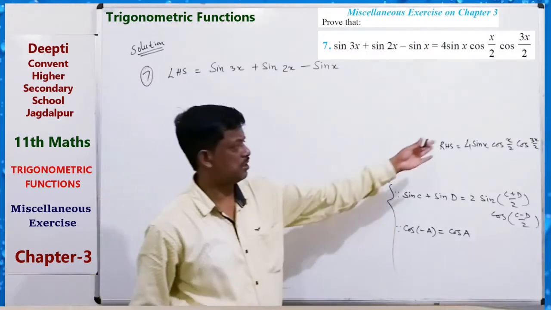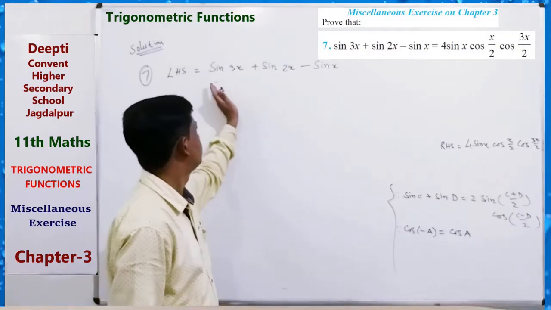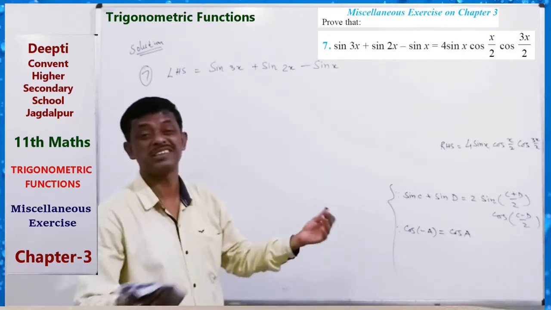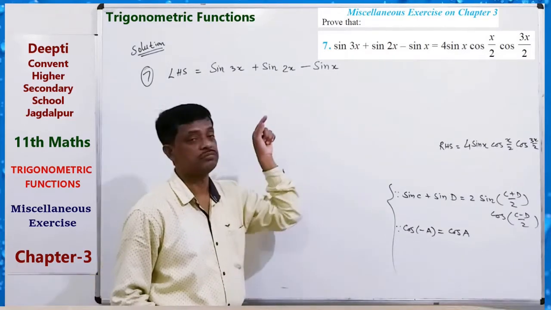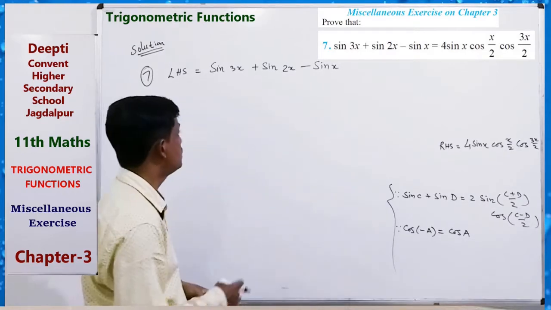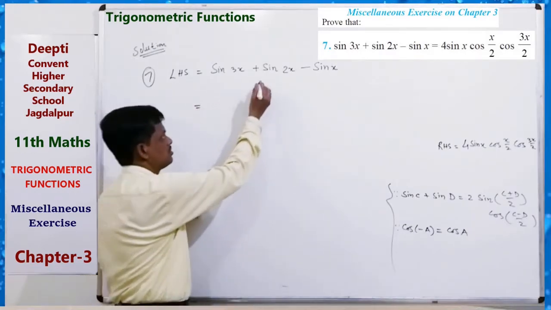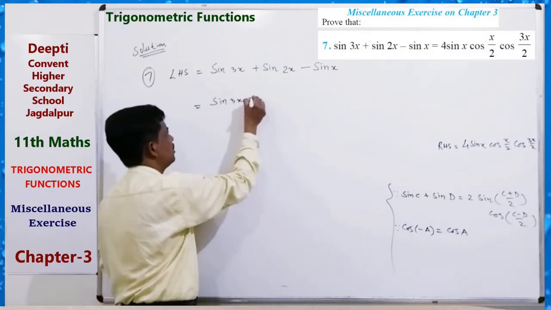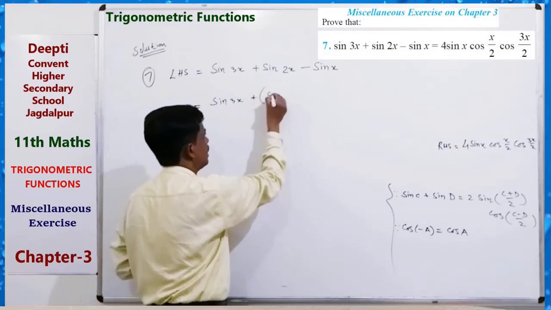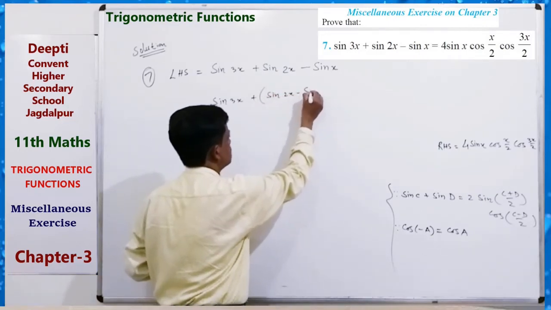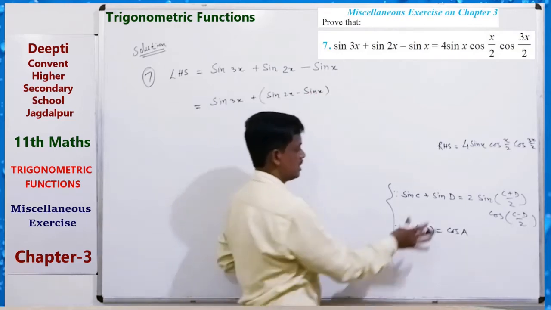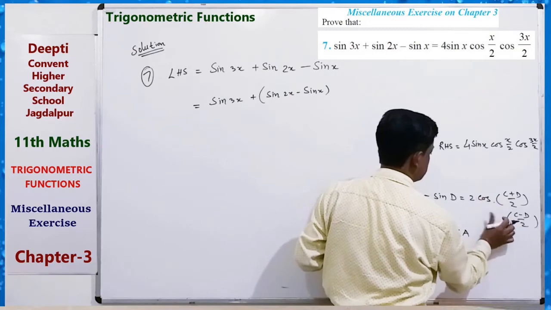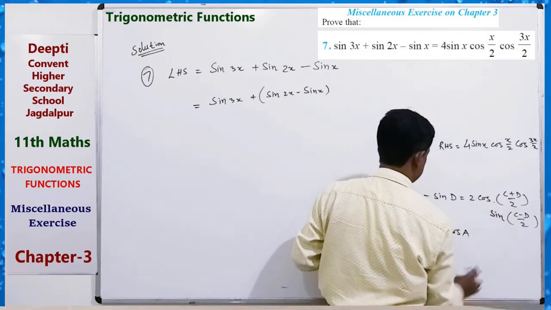Here we see that it is also a multiplication of 3 quantities. Here this plus this minus this, that is separated by plus and minus. So we have to convert plus to multiplication, that is sin c plus sin d. So here 3 combination. So take first these 2. Sin 3x plus, take sin 2x minus sin x. With sin c minus sin d we know what? Here cos, here sin. Clear? This is the formula.